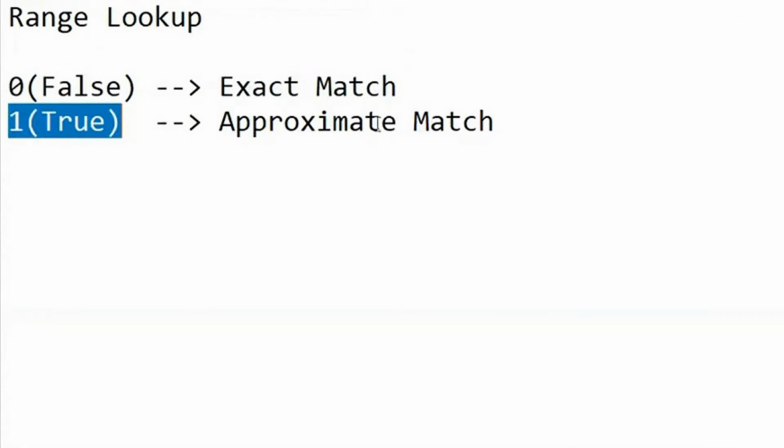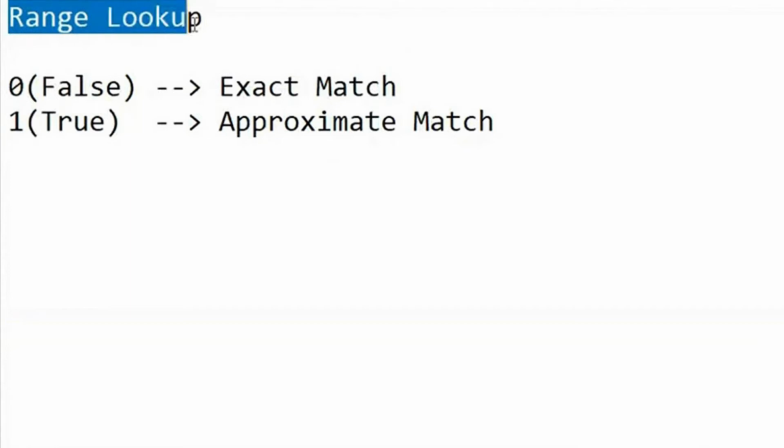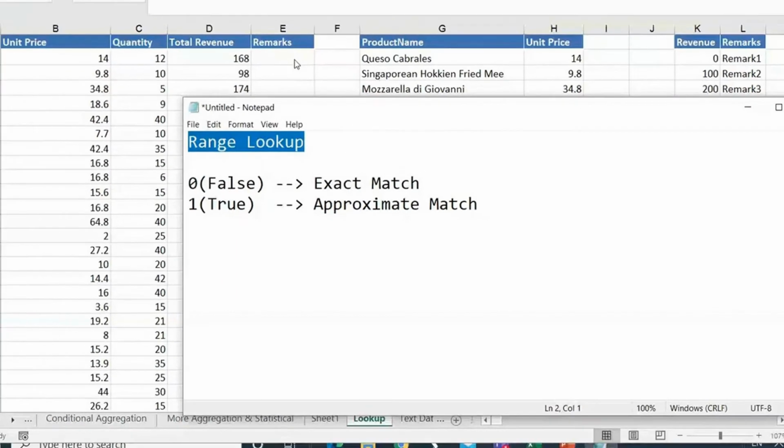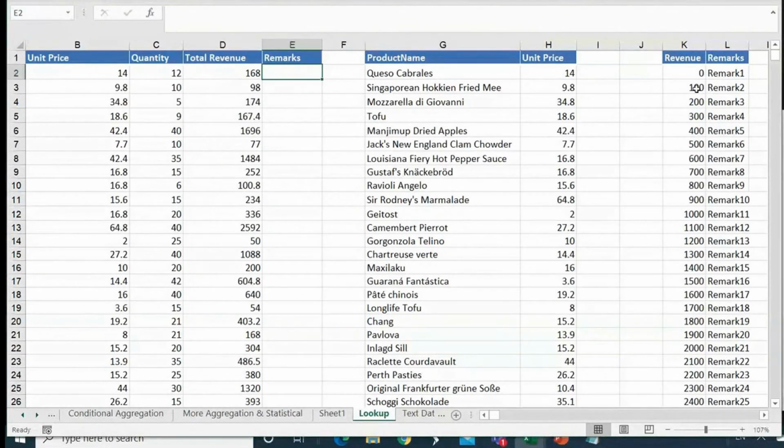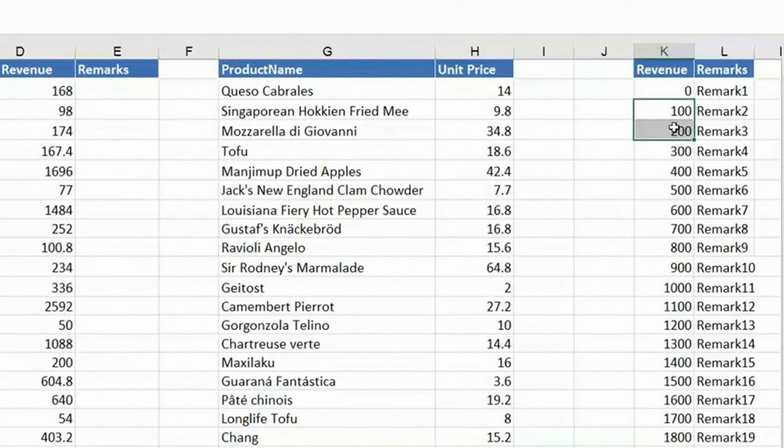Approximate match means you have to look in a range. That is why the last parameter is called range lookup. It helps you look in a range, like 168 is available in this range, 98 is available in this range. If you find a value in this range, give me the lower value's information. If the value is 199, it is in this range, so bring me this information. That is what approximate means.